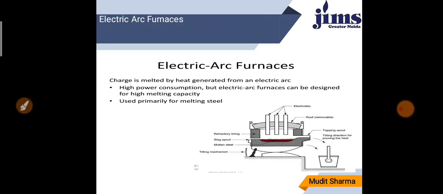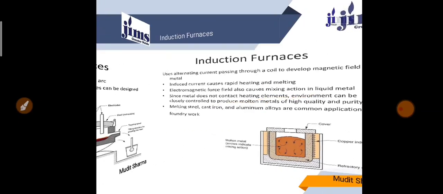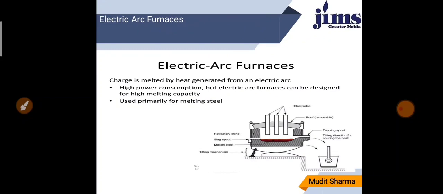In the direct arc furnace, it consists of a round or bowl shaped carbon hearth with a roof supporting one or more carbon electrodes. In this type of furnace, the current strikes an arc with the metal, because here there is direct contact between the metal and the electrode. This type of furnace can either be stationary or made to tilt. The roof is usually made so that it can be removed for charging purposes.